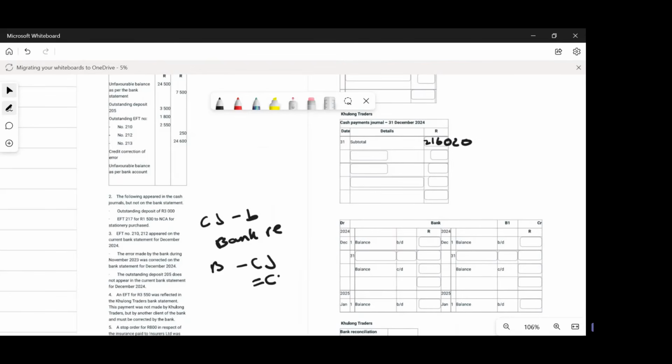So mostly what happens is we have transactions. For example, a business may have its financial or monthly date ending on the 31st or the 30th, but the bank would have sent the bank statement on the 25th. So there are transactions that will happen from the 26th until the 31st that the bank will not have. So how do we notify the bank of these transactions? We record them on the bank recon and then send it to the bank, and then the bank can check